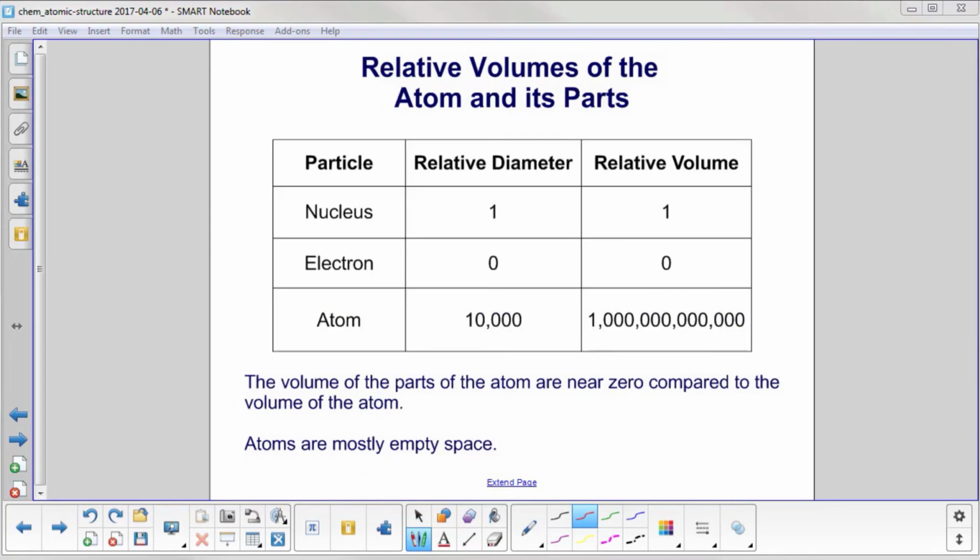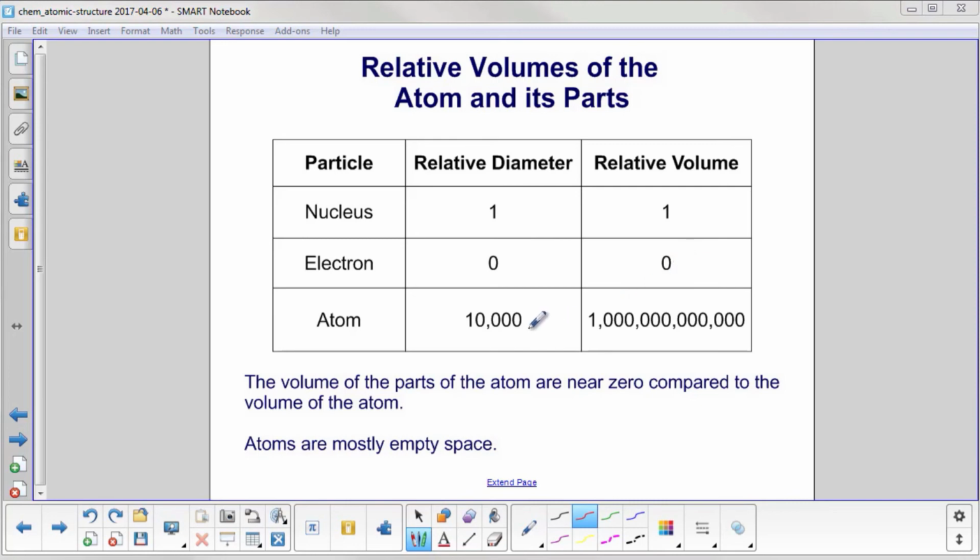To show what the atom looks like, we're going to use this chart. Let's say the nucleus has a relative diameter of 1. That means it has a relative volume of 1, right? You just cube your radius. Volume, of course, is 4/3 pi r cubed. An electron, we're going to say, has very small diameter compared to nucleus, so it has a relative volume of